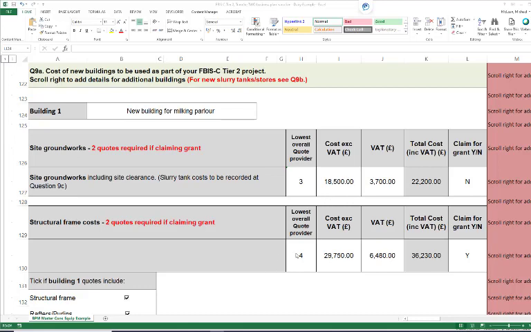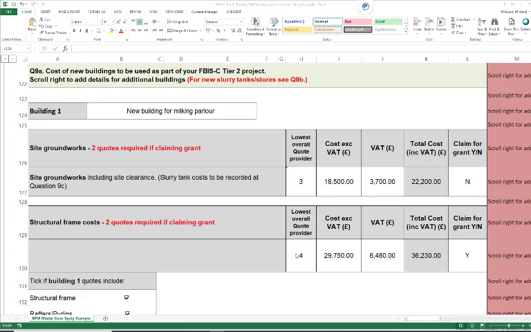The business plan narrative allows you to record the details about the construction for up to 4 buildings in total. Additional buildings are accessed by scrolling right as just shown. It's important that you record details of each building cost in line with the template as set out in this narrative. This is to ensure quotations supplied are comparative